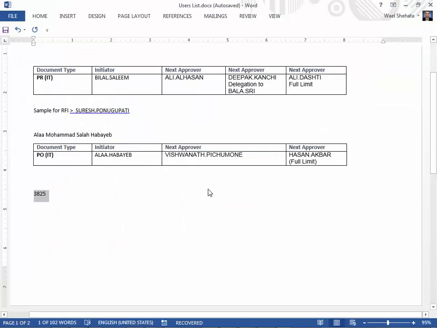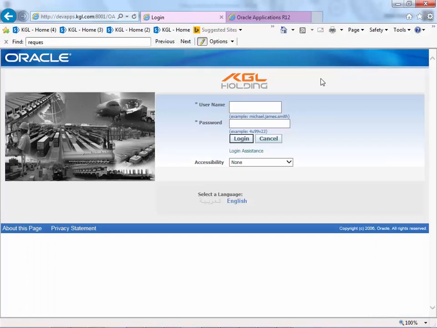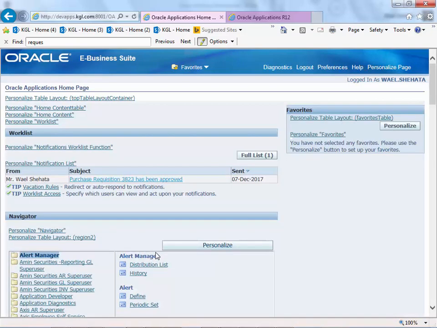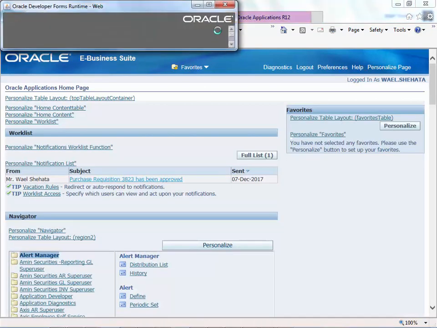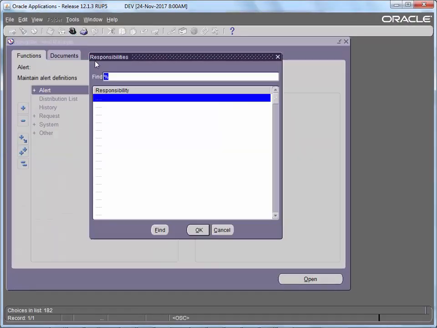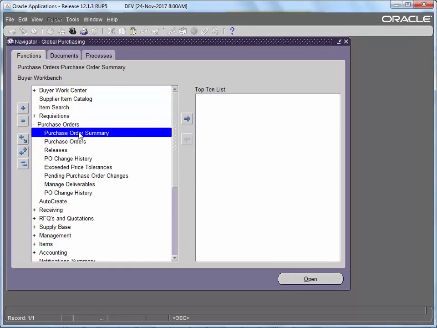Just how to inquire about a purchase order, how to know the closed, the open, and so on. Okay, so now I will navigate to the purchasing